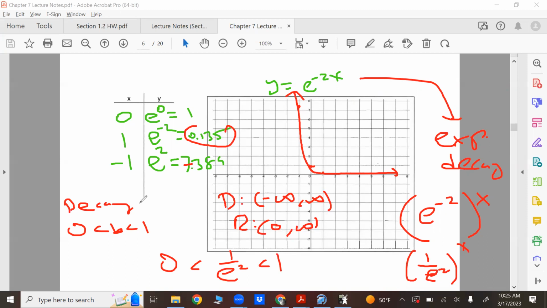So yeah, go ahead. That was growth. Because the base was bigger than 1, because he had e, but because he had e to the -2x, if you focus on the e to the -2 part, that's less than 1. And it's going to the left, so it's decay. Yes, exactly. Because as x gets bigger, y gets smaller. Right? If you keep plugging larger numbers in for x,